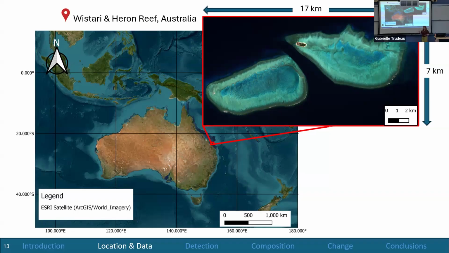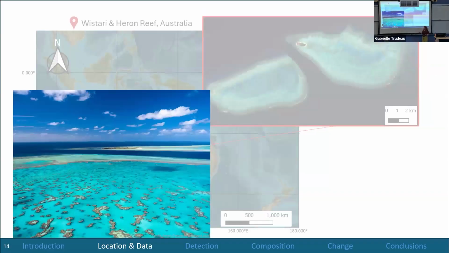So just to give you an idea of what we're looking at here, pretend we're jumping on a plane, sort of bird's eye viewing, if we could call it that. This photo is taken from Wistari Reef. We can see Heron Reef in the background, and Heron Island for reference here. And what I want you to notice in this photo is how clear and turquoise the water is. And we start to see some coral clusters scattered throughout here. But really, if we want to be able to detect corals, we need to be able to see it visually. And this is a really great start.